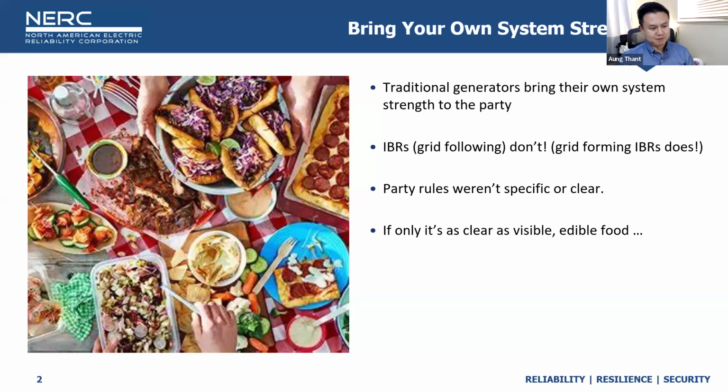So I guess I should say before I start, what I'll be presenting today, aside from the facts in the published paper, are my own personal opinions and not necessarily that of NERC. Having said that, the traditional generators, like synchronous generators, have been bringing their own system strength to the party, right? You will see that the IBRs, the grid forming IBRs don't, and